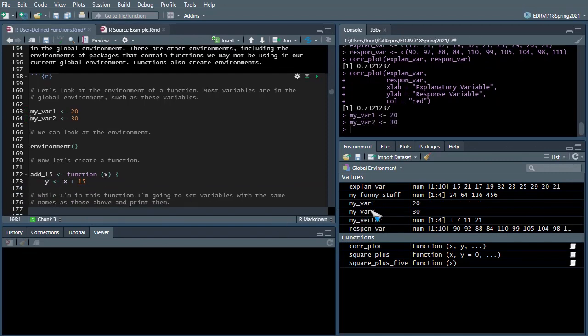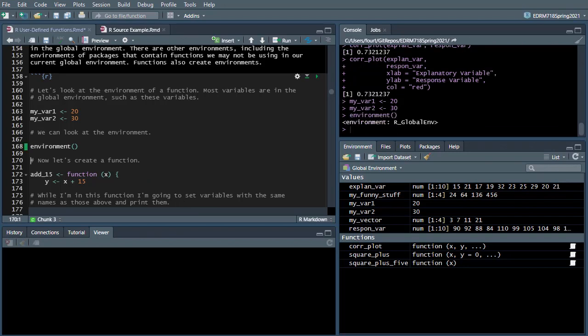You can see over here in our global environment that we've established these two new objects with the values 20 and 30. We can use the environment function to look at the environment. So if I click on environment, it tells me that right now I'm in the R global environment. That's the environment that we're using, and that's what you're seeing here in the pane is what is in that